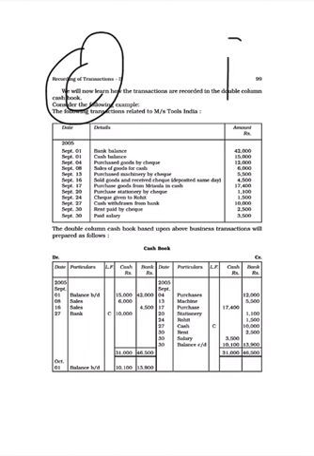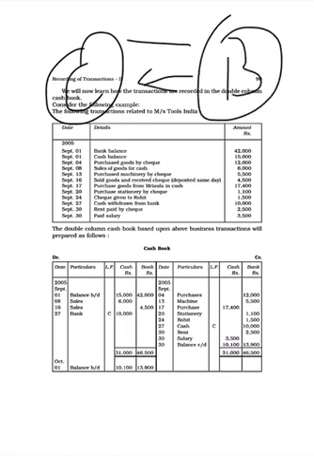This is our cash book and this is our bank. If we are withdrawing cash or depositing cash, both entries will affect both the columns. If we are withdrawing, the cash column will be increased and the bank column will be decreased. Vice versa, if we are depositing, the cash column will be decreased and the bank column will be increased. So both entries are called contra entries.